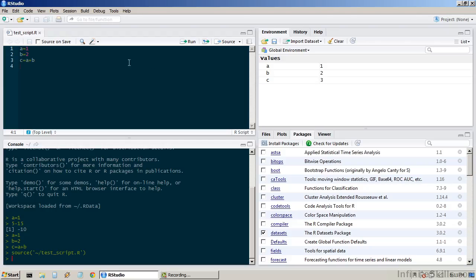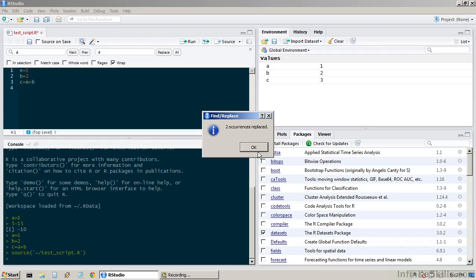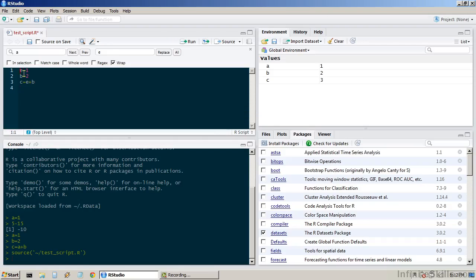There's some helpful tools for this code editor. If you want to search for a piece of code, just click on the magnifying glass. You can find all the different places where that occurs. And you have the option to replace whatever you're searching for with something else. I want to replace the letter A with E, and I want to replace all. It will tell you that it replaced 2 different occurrences. Now my A has been